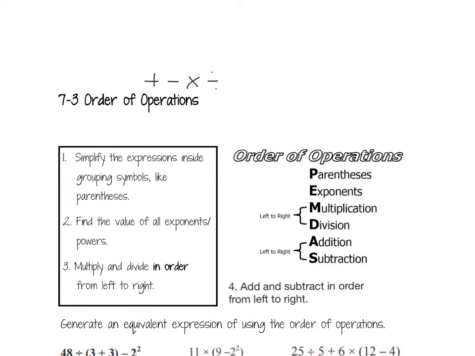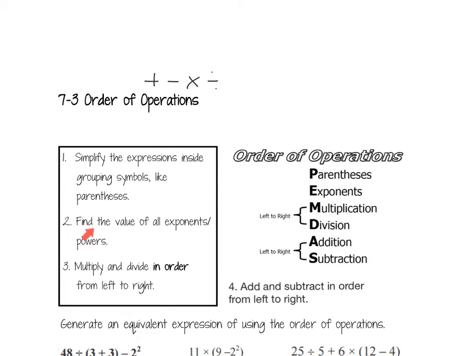So when we do the order, the first thing we need to do is simplify the expressions inside the group and symbols such as parentheses. It's not always going to be parentheses once you get up into higher math. This year, you'll just be parentheses. But some groups say PEMDAS for brackets or GEMDAS for grouping symbols, but parentheses is what we're going to be